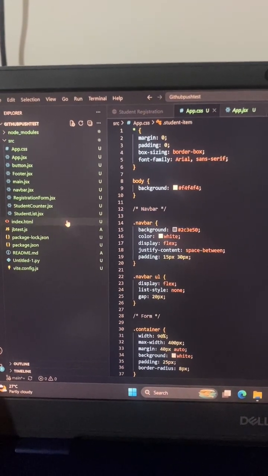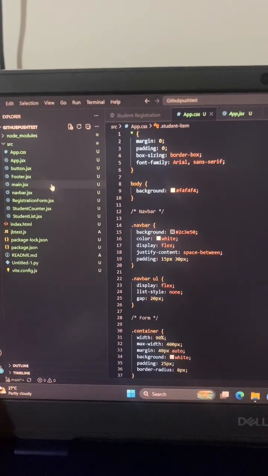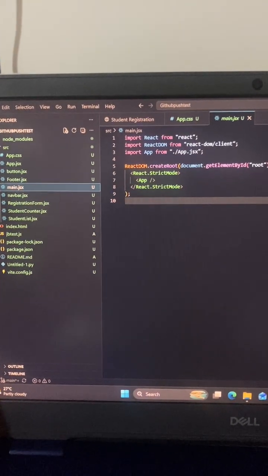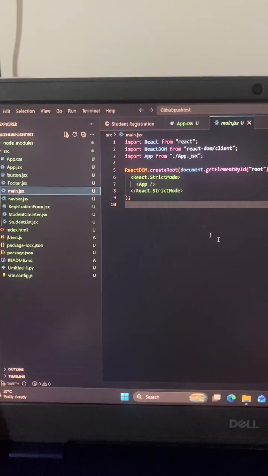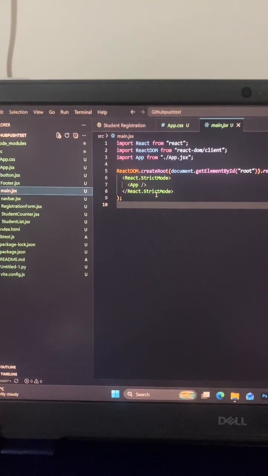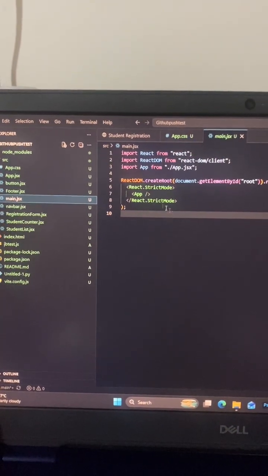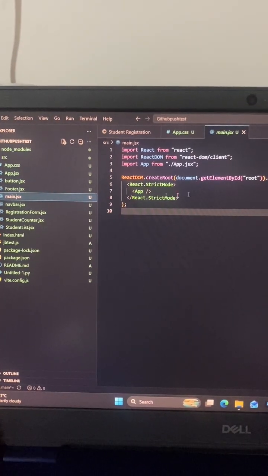We're going to go ahead and start with main. Every React app has to start somewhere, and this is the file.